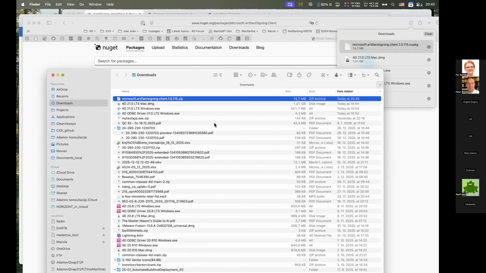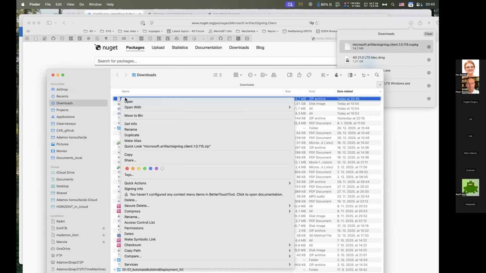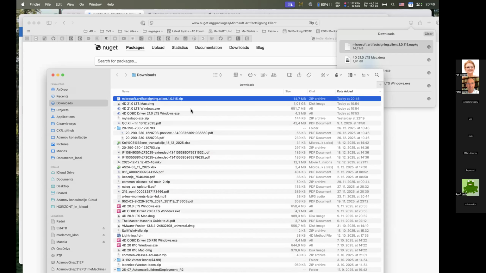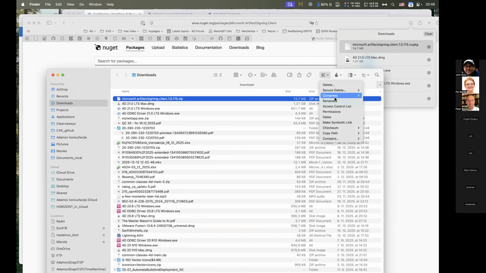Can my file utility handle this? Not sure why it is this way. It doesn't recognize the zip. Never mind. If you do this on Windows, you will get the file that you need there.